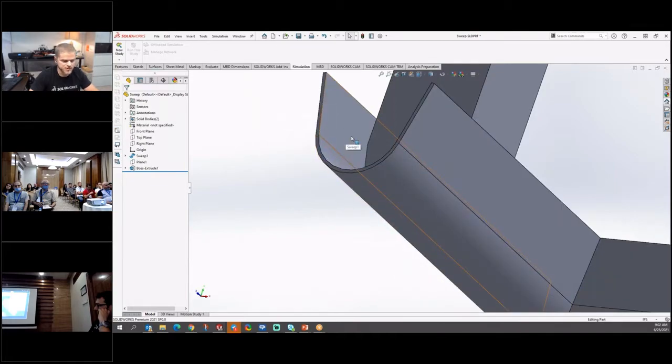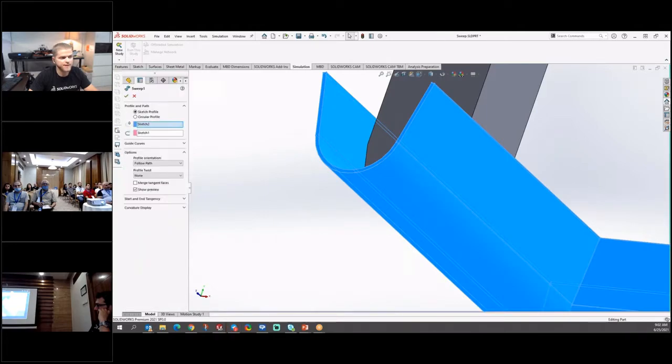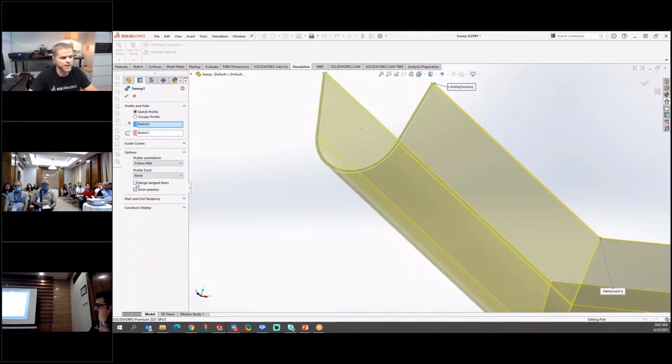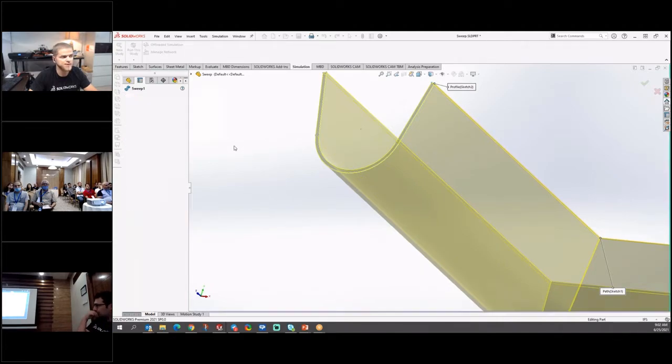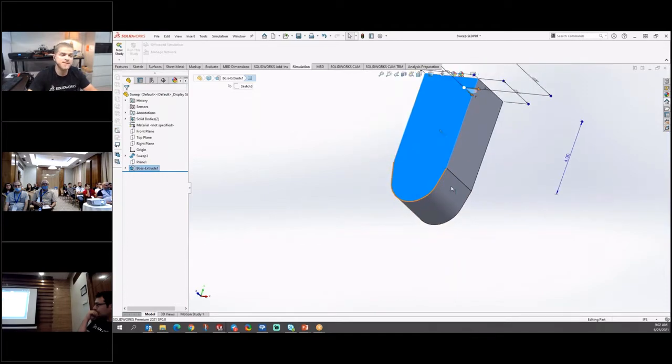So I'm going to use Shift Tab to bring that body back. I like that shortcut a lot. I use Tab to hide a body and Shift Tab to bring it back. I do that quite a bit. So that sweep, let's go back to that sweep, edit feature, and I will, in this case, turn merge tangent faces back on. I'll hit green check. Now you end up with 1 smooth face on the bottom of your extruded body.